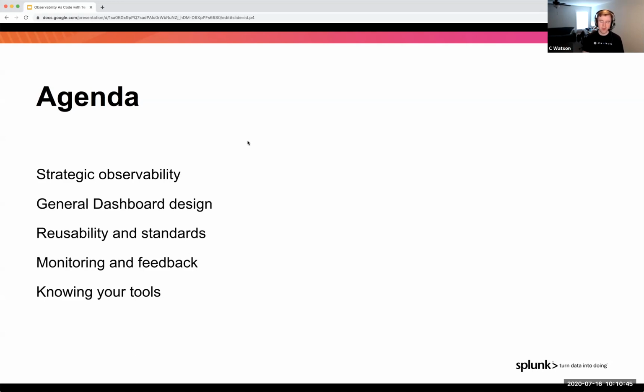We'll also cover some general stuff like dashboard design, reusability and standards, mainly to help you understand how you can get everyone to benefit instead of just thinking of this as, say, one-off dashboards for individuals inside your org. We'll talk about monitoring and feedback, some ideas that are very close to my heart, like not just doing alerting and detection and stuff, but also how we can actually